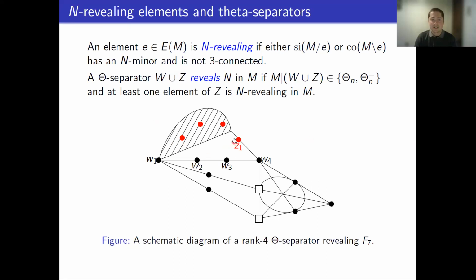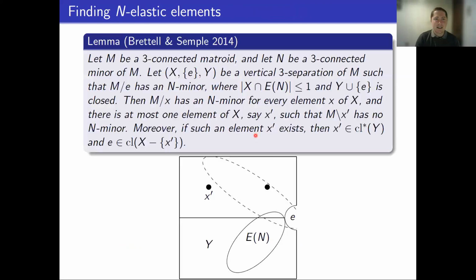And as soon as Z1 is, then we call the whole theta separator F7 revealing in this case. That one's a bit fiddly to immediately think about, but that's what it is. So it's these kind of certificates of not working nicely with respect to elasticity. That is basically all you need to know, other than this funky little result, which I don't know about putting in,